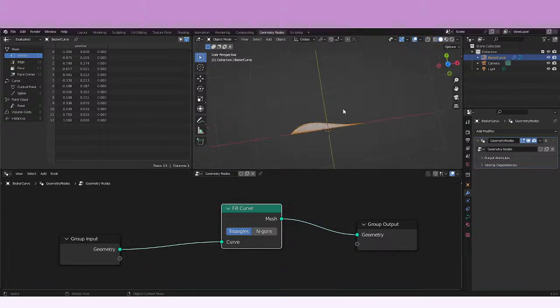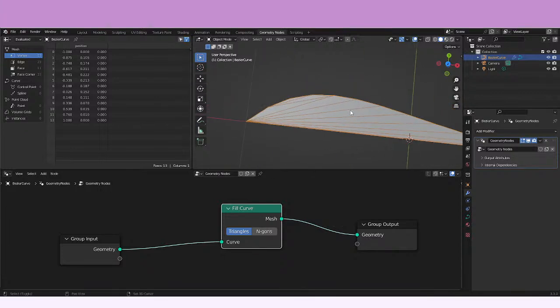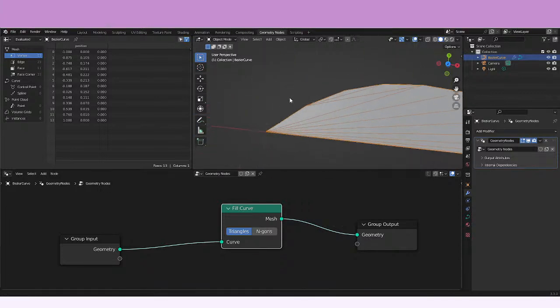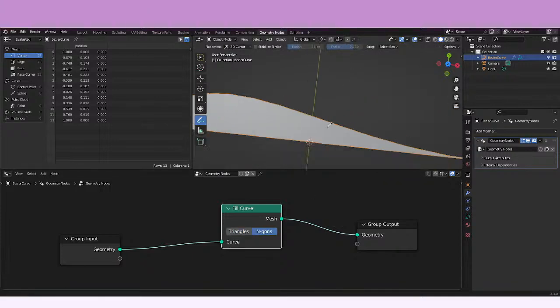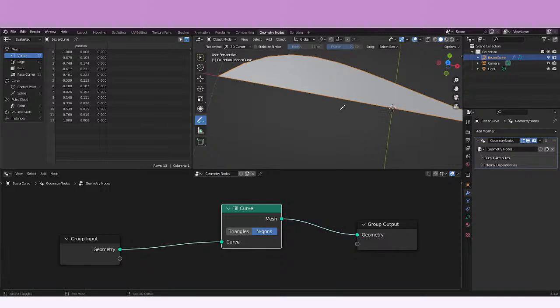So let's just activate it. Okay, so now we have the wireframe activated, and as you can see, what it did is that it created a lot of different triangles. So this is going to be really important for the topology of the mesh. So you just have to be aware of that, okay? There's always going to be triangles here if you choose this option, okay? But let's check what happens if we click on N-gons. So what this is going to do is that it's going to create like a whole